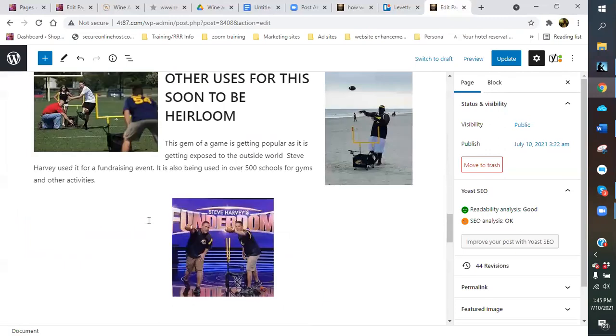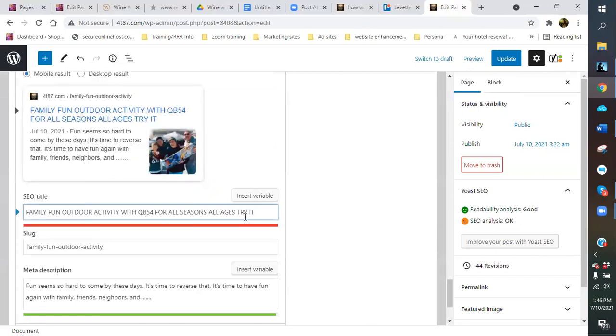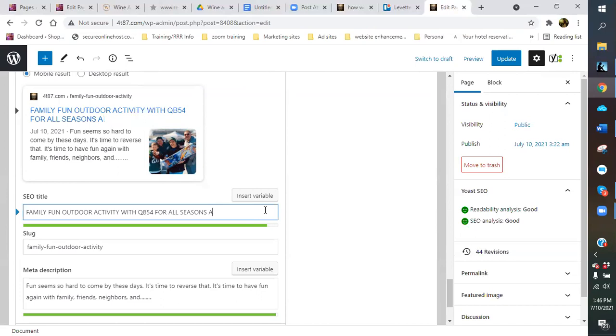So let's see what it looks like if we put it back in. Go and paste it. So again, it turns it red. I would have never published it if it was red. I don't know what happened. I would have never published it, but I'm glad we're doing this.